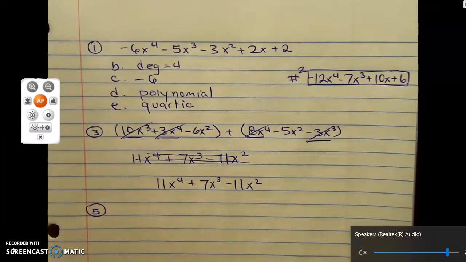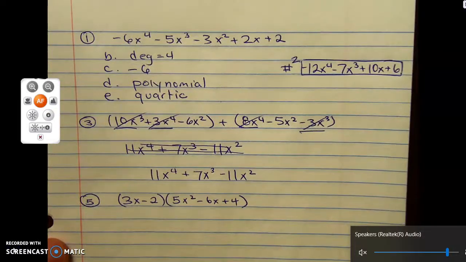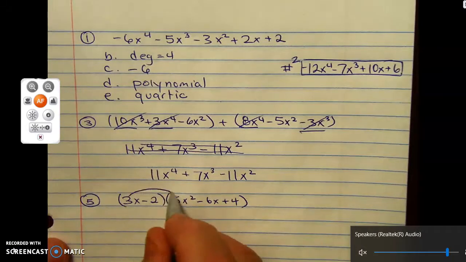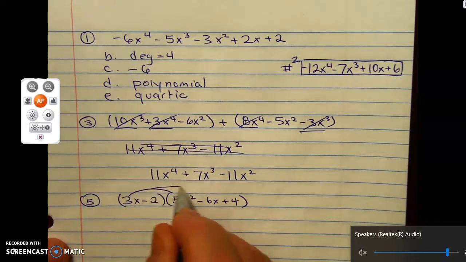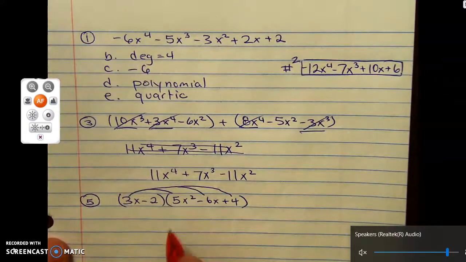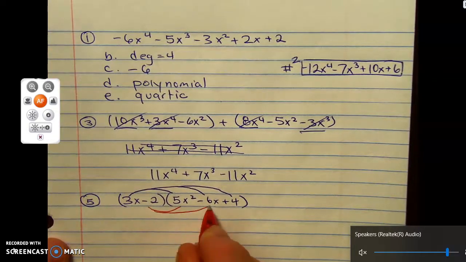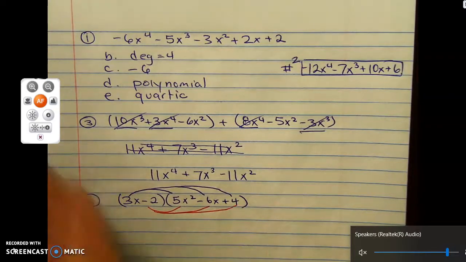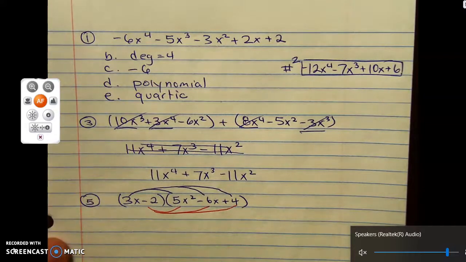Number 5. Going to pause it. All right, guys, you can multiply this using the box method, but I'm going to do the distributive property, so I'm going to multiply 3x times all 3 of these in blue, and then I'm going to multiply negative 2 times all 3 of these in red. And I want you to watch how I line these up, okay? 15x to the 3rd minus 18x squared